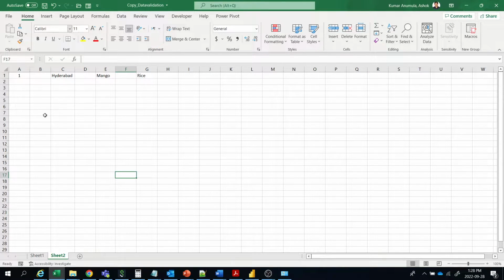Today in this video we'll see how to copy the data validation dynamically to the next row when enter is pressed. For example, I have the data validation here: some cities, some fruits and some food items. So whenever I press enter here after this serial number, all these data validations should copy